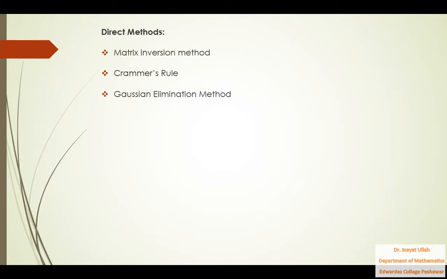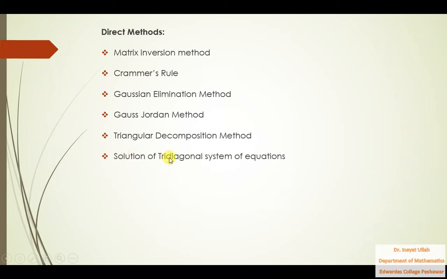So what are direct methods? The first method in the direct methods is the matrix inversion method, which you have studied in your FSC course. The second one is Cramer's rule, that will be known to you. The third one is the Gaussian elimination method. The fourth one is the Gauss-Jordan method, and the fifth one is the triangular decomposition method. So among these 5 methods, we will study these 3 and this one as well. And the last one